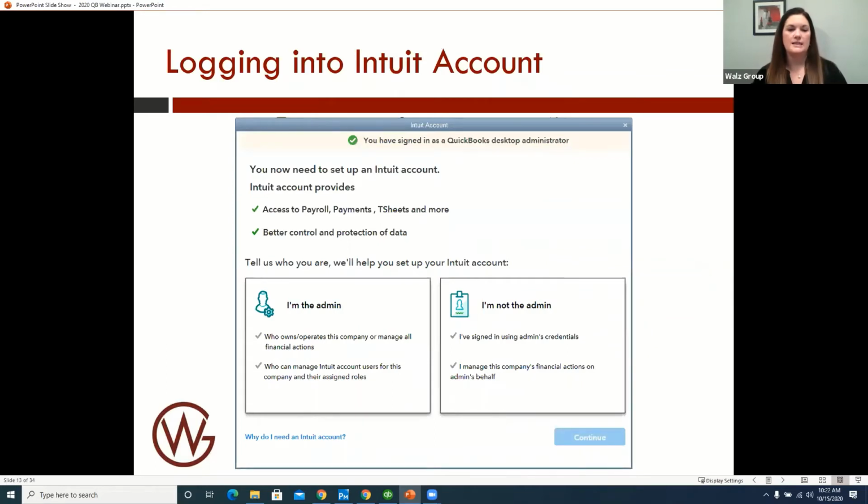Many of you are seeing this pop up prompting you to log into your Intuit account. It's not a new feature, but I know many people are seeing it and I've gotten some questions about it. They are trying to link all of your Intuit accounts together. So if you're using additional subscriptions such as payroll, payments, T-sheets, or your receipt management, that new feature where uploading your receipts, they want to link all of your Intuit accounts,